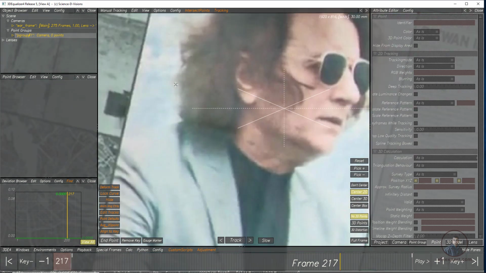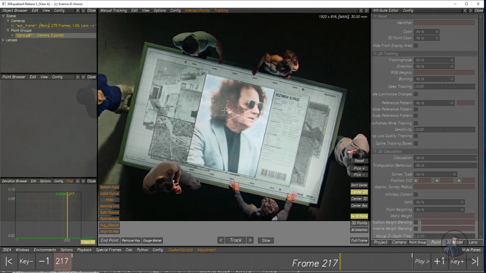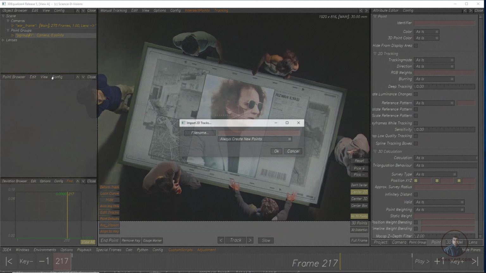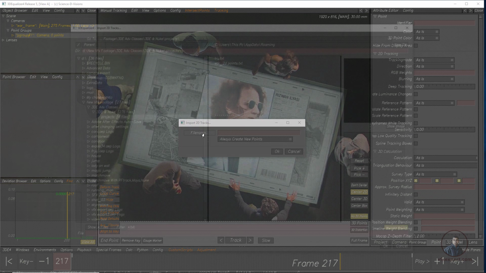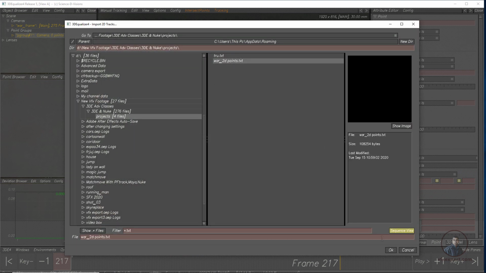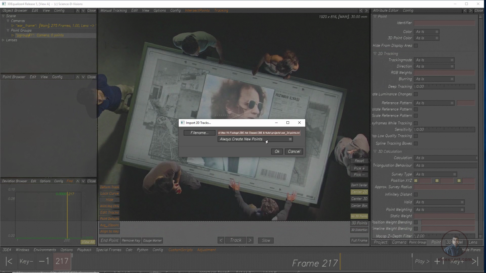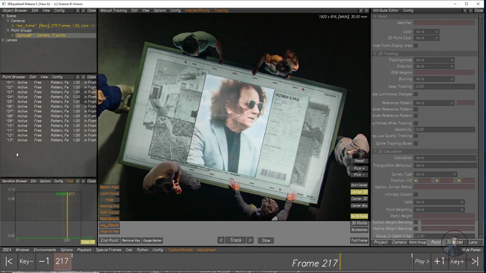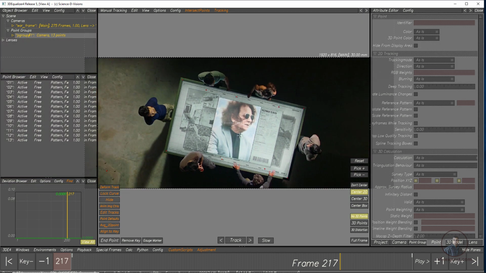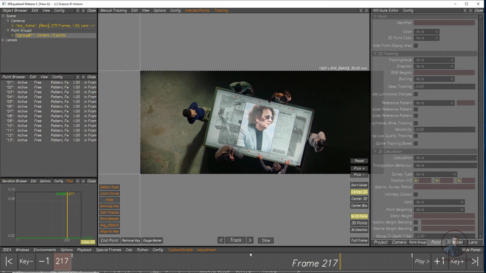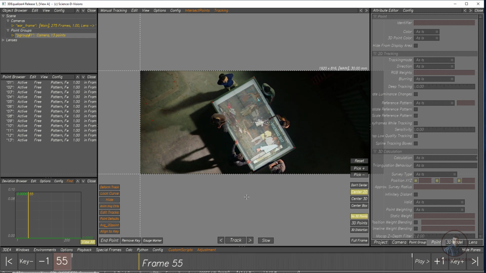Now again see here, no points are there. Now select our point group, right click and click on import 2D tracks. Again select, so I have selected this one. Now press OK, then again press OK. Now you can easily see these points I have tracked for this shot. Even some more points I have tracked here, because in 3D Equalizer a minimum of 6 to 8 trackers will be activated on each frame. This is important.